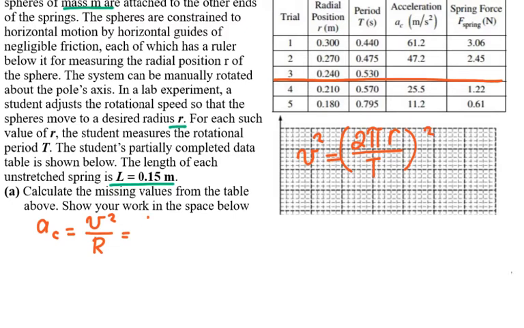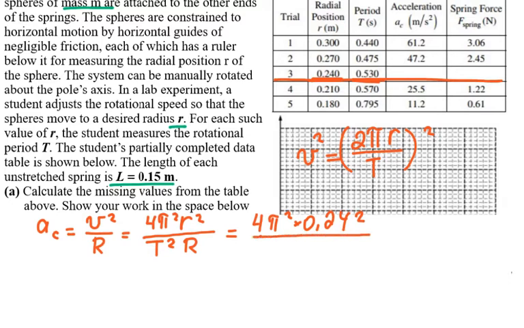That will give me 4 pi squared R squared divided by T squared R, and R is given, and T is also given. Now if I plug in the numbers, I have 4 pi squared, 0.24 squared, divided by the time 0.53